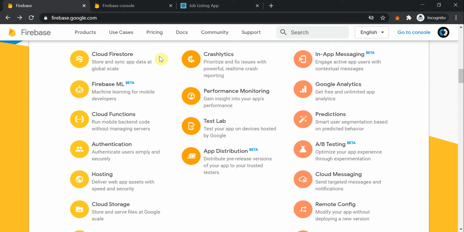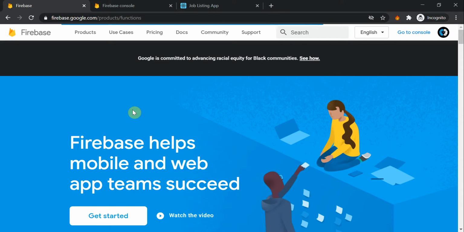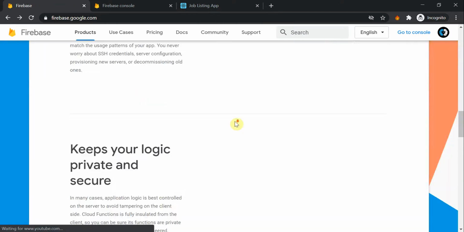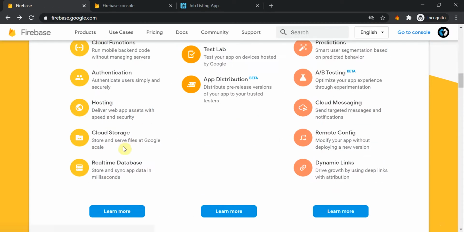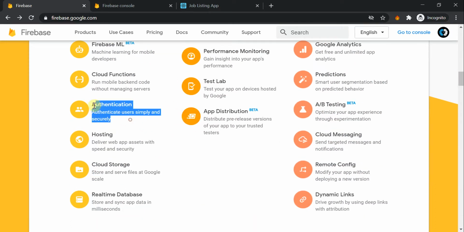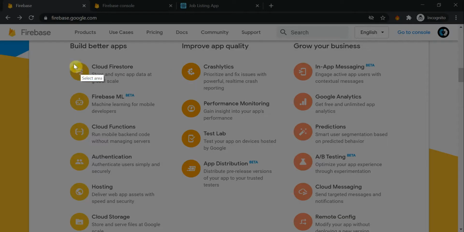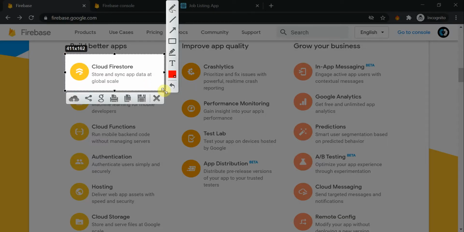And we will look into that later on, but it also provides different services such as Cloud Functions, which allows us to run backend code on the server, and also Cloud Storage to upload media files, images, videos and stuff, and Authentication to authenticate users. And for now, for this particular app, we will be working only with Cloud Firestore, but make sure